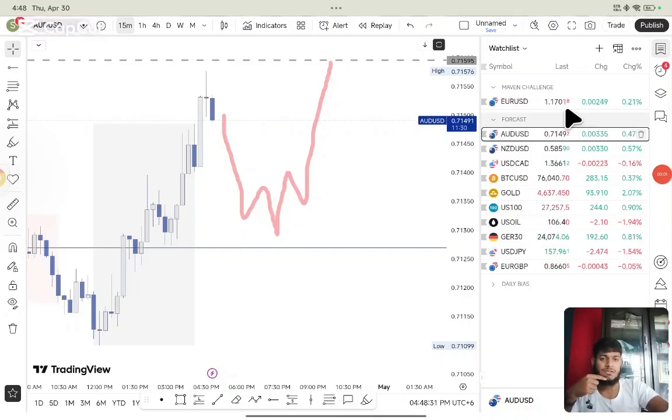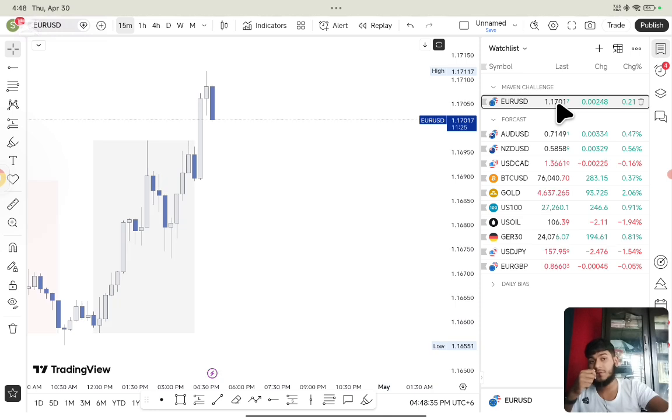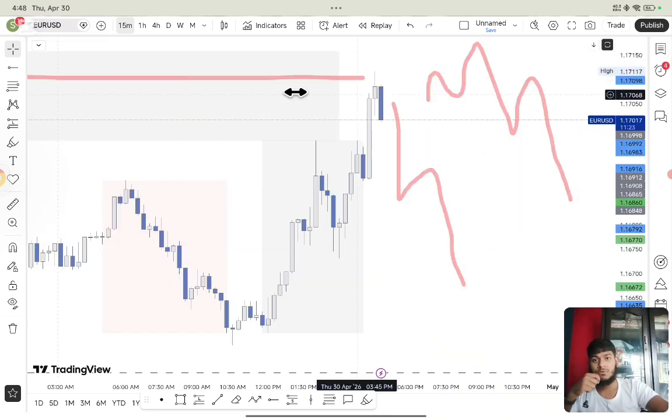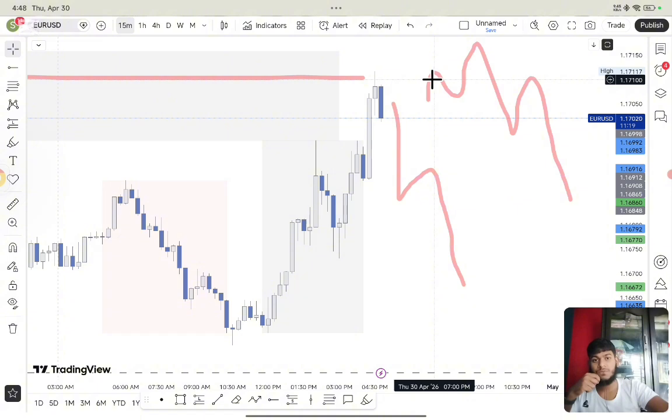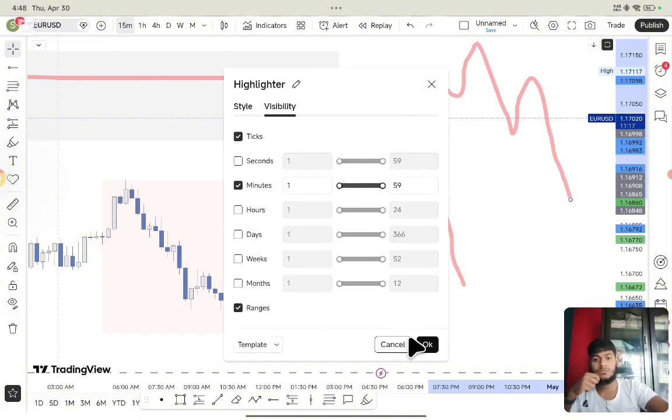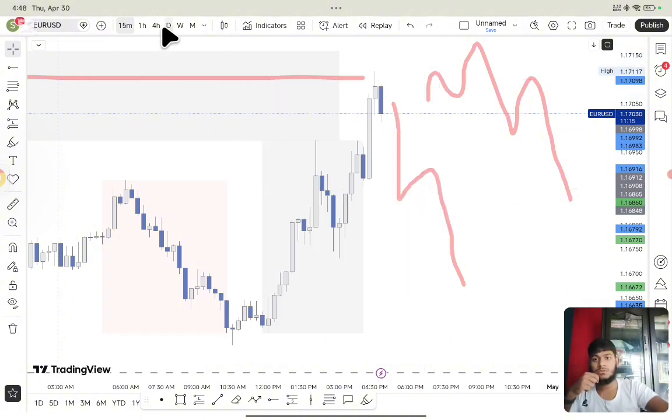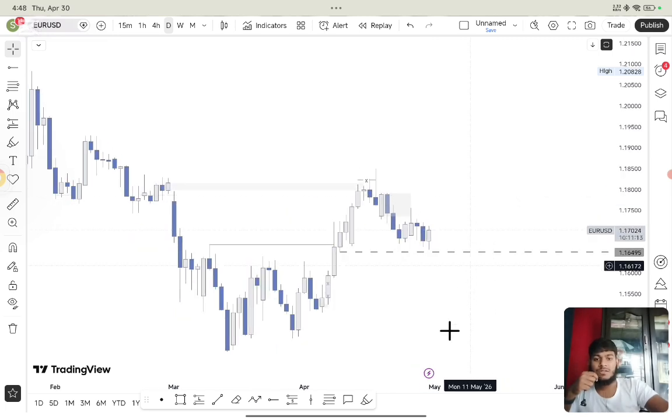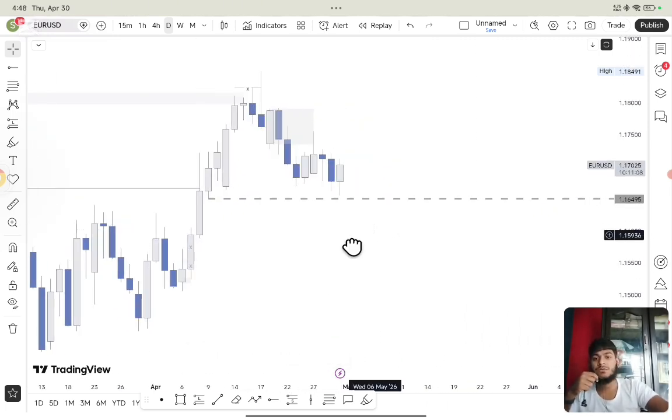Alright, let's start today's analysis, and we will be starting obviously from EUR/USD. So, wait, let me remove this first. Okay, on the daily, yesterday obviously turned out to be a bearish one,